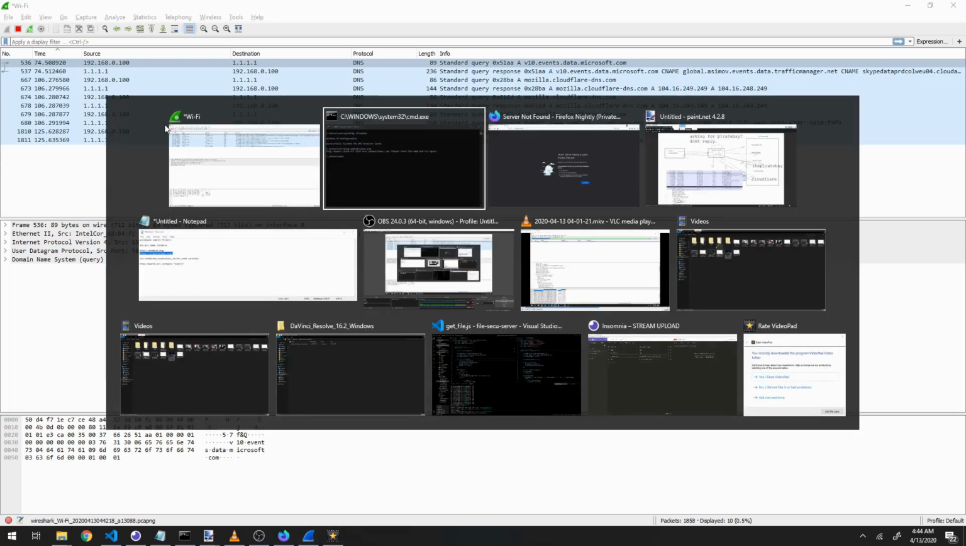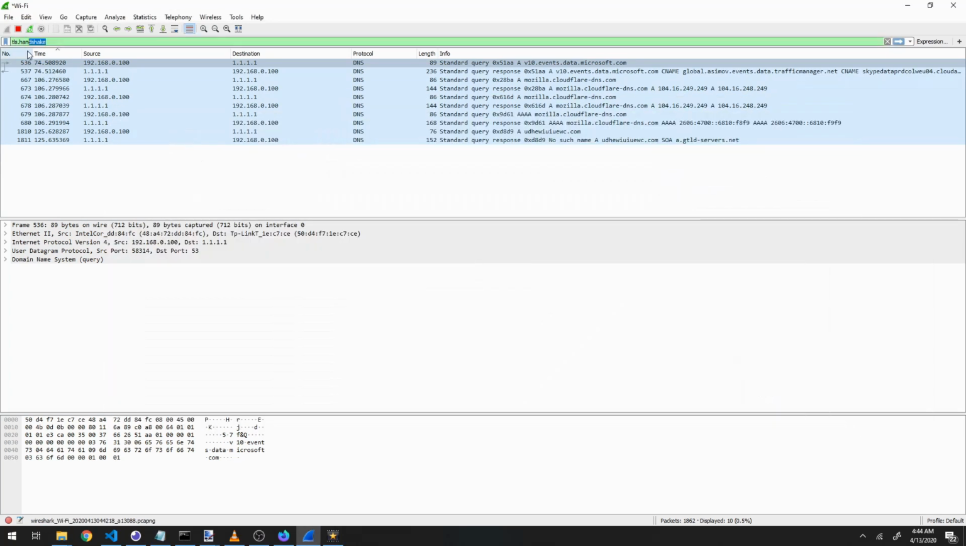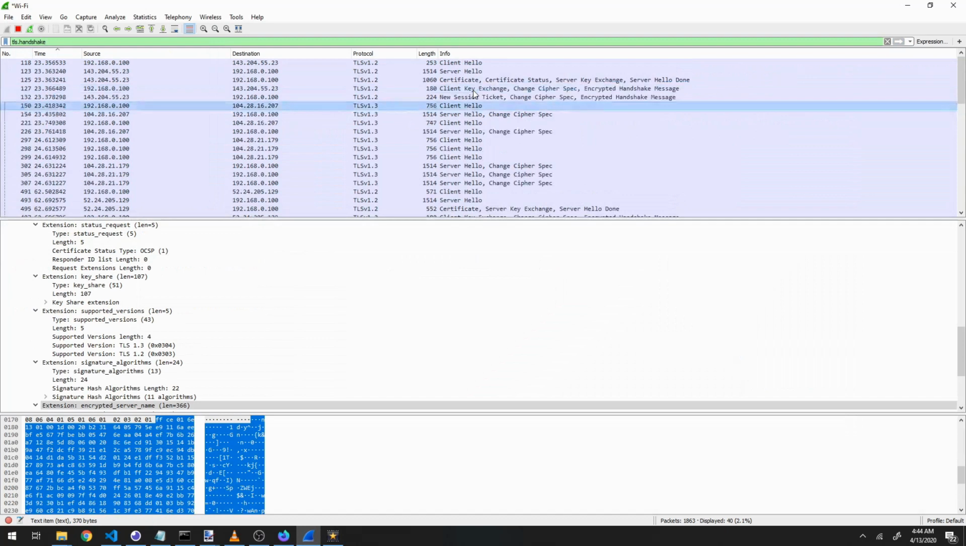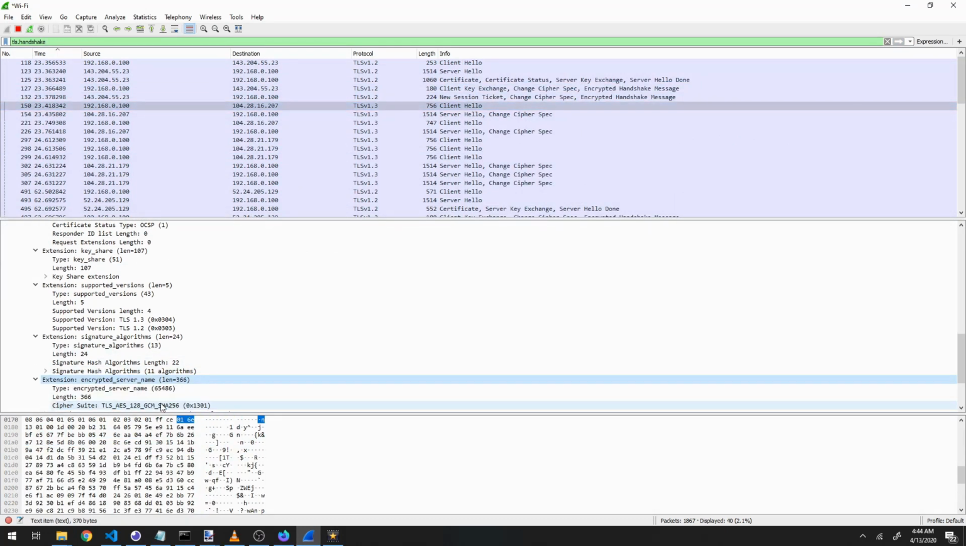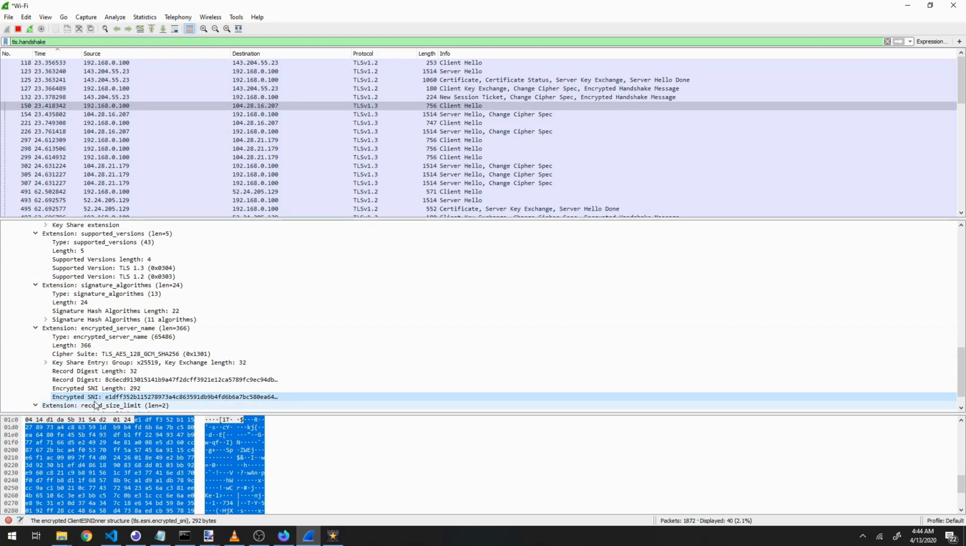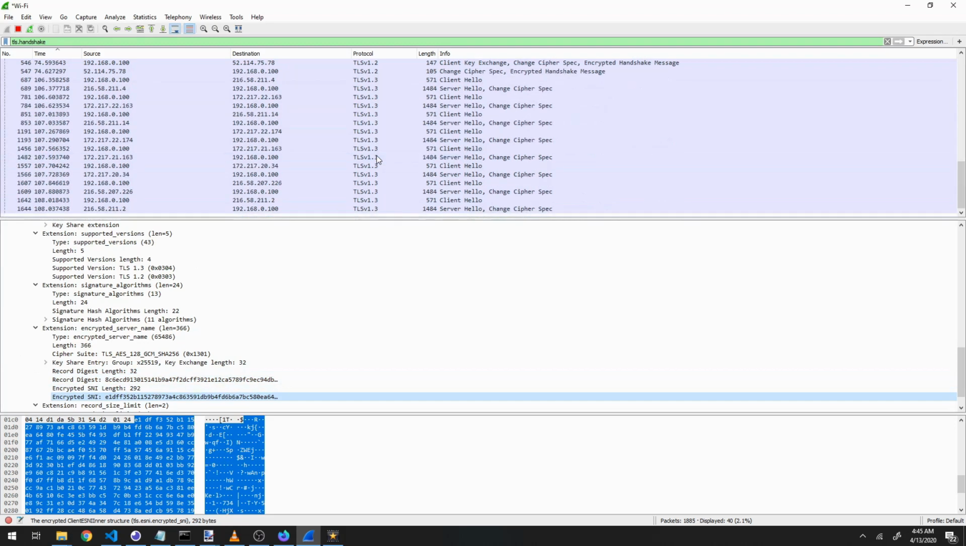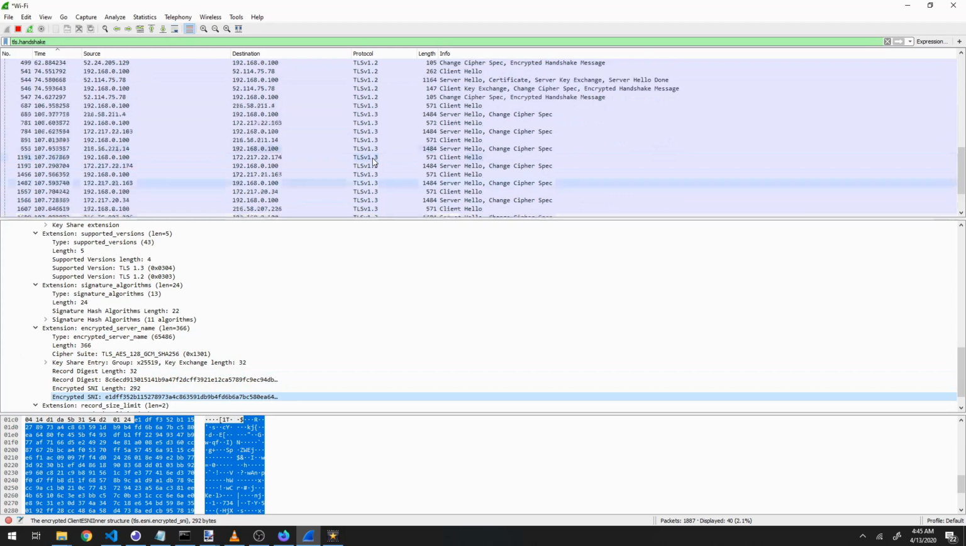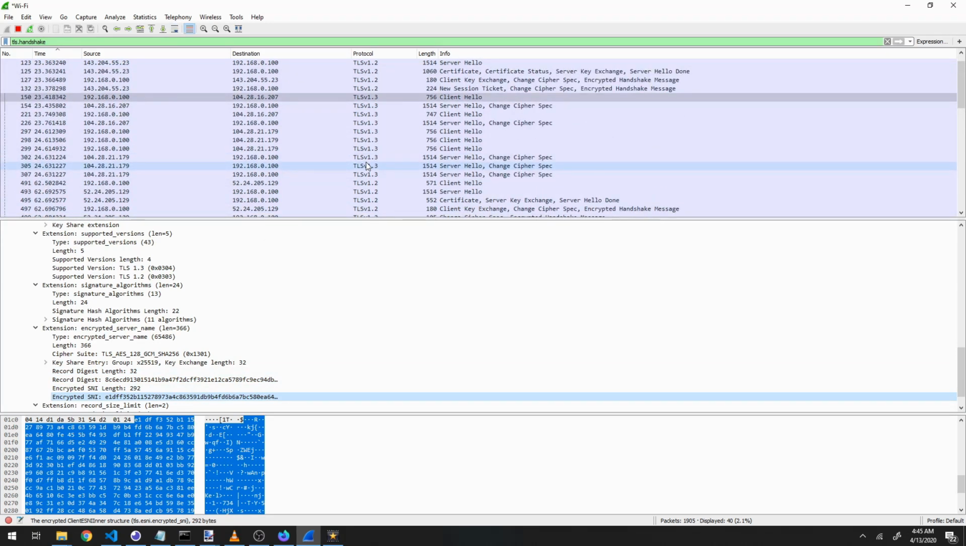Now, it's important to keep in mind that the encrypted server name and the encrypted SNI is a new standard. It's not supported by all websites yet. By default, all websites on Cloudflare support it, but there are websites for which it will not work. For example, Twitter does not support encrypted SNI, but Twitter is not blocked yet. So if a website is blocked